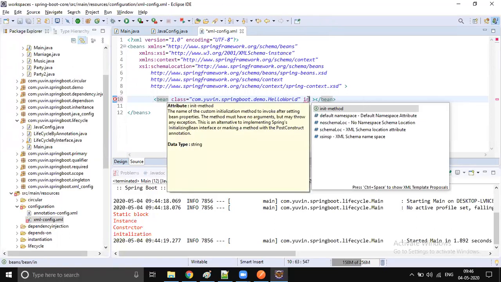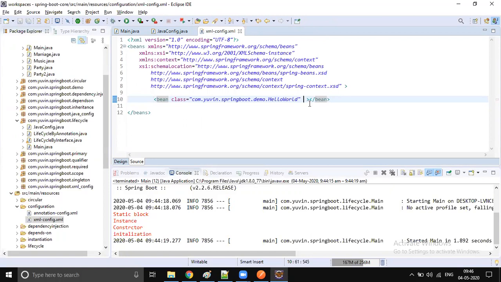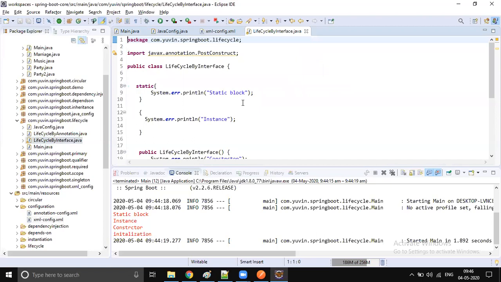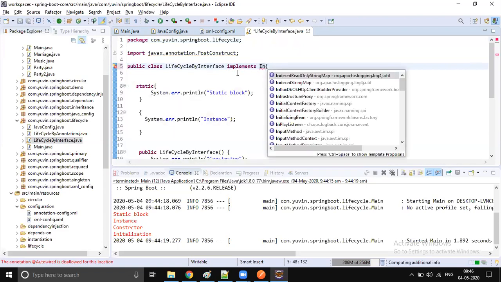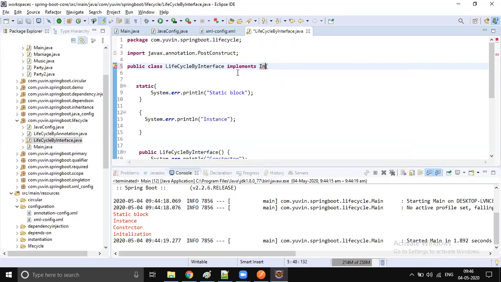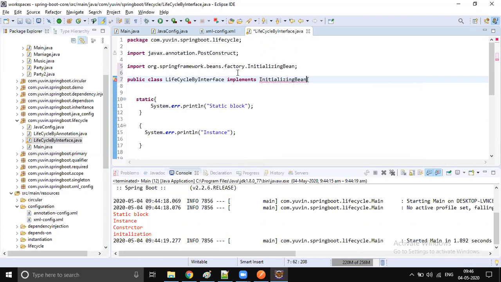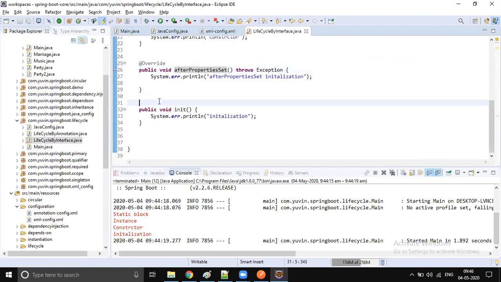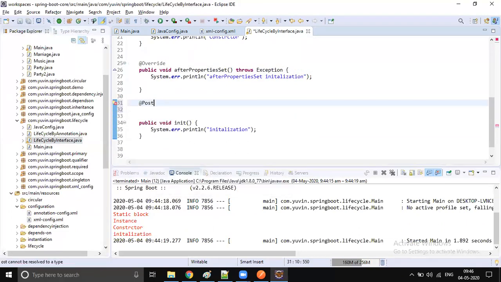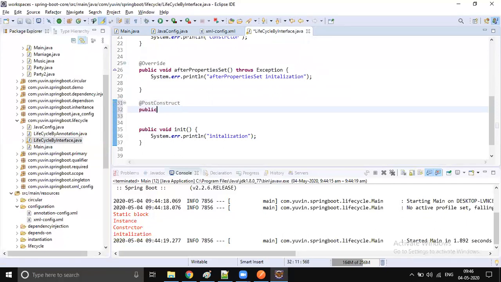Okay, so this is how we configure lifecycle mechanisms in our bean. And one more magic you can do: you can configure multiple, right? For example, you can configure all three in one go. We don't do that usually, right? But it is possible. In one bean you can write afterPropertiesSet, @PostConstruct, and an init method. Okay, so this is also possible, but we don't do this, but it works fine.